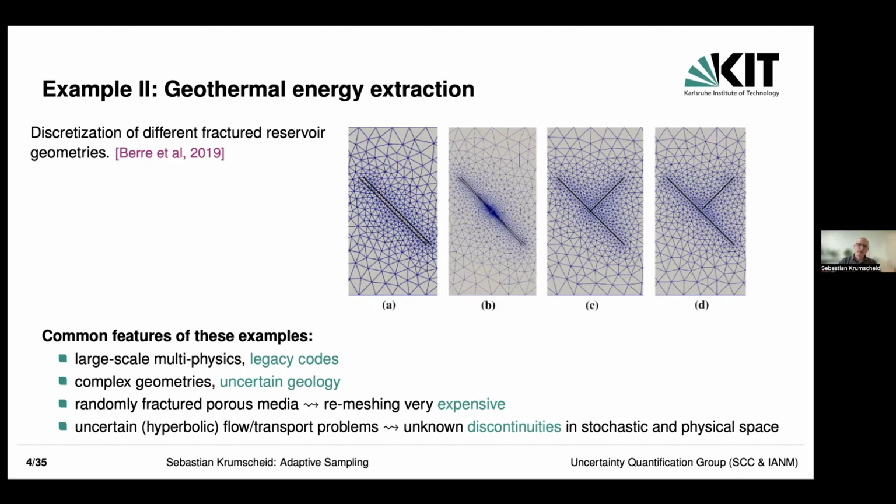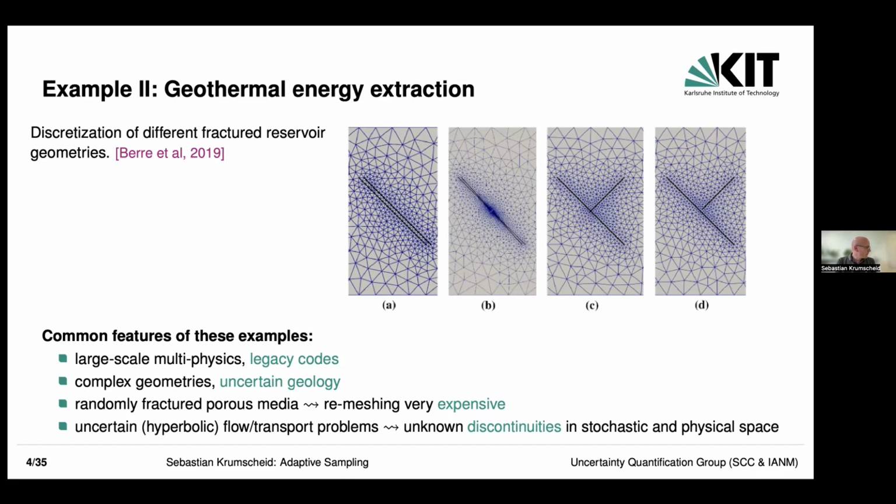Now, as I said before, in this ongoing project, what we're trying to do at the moment is come up with suitable stochastic upscaling techniques to reduce the number of uncertainties, but there is certainly uncertainty, pun intended here. And unfortunately, these legacy codes are so complex, in particular for this fractured porous media application, that at least the practitioners we talk to, they don't want to allow for remeshing. It's simply too expensive, okay, because of the discontinuities.